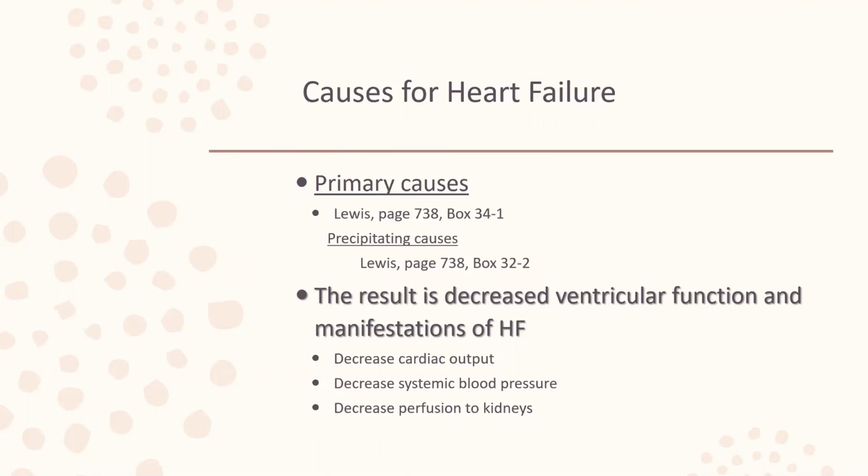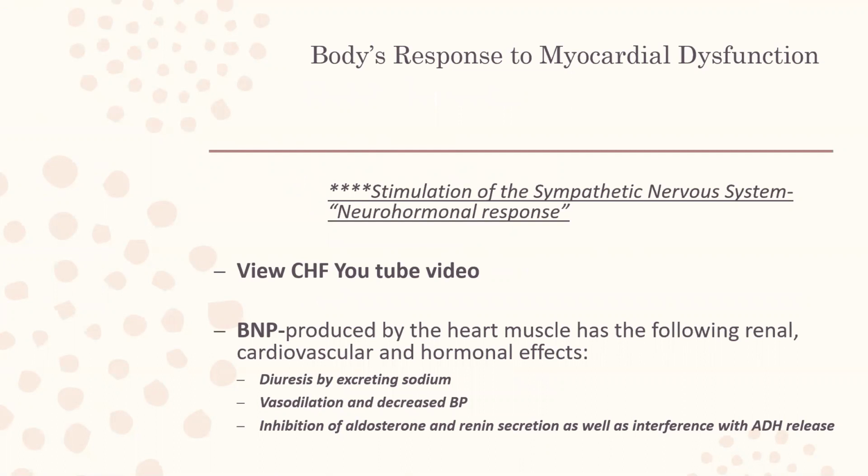Some precipitating causes, again, can be found on Lewis page 738, but some of those would be anemia, infection, hypothyroidism. And the result is going to be decreased ventricular function and manifestations of heart failure. So you're going to see that decrease in cardiac output, that decrease in systemic blood pressure, the decrease in the perfusion to the kidneys. So the body's response to the myocardial dysfunction is essentially a stimulation of the sympathetic nervous system neurohormonal response. So again, there was that video that I wanted you to watch,